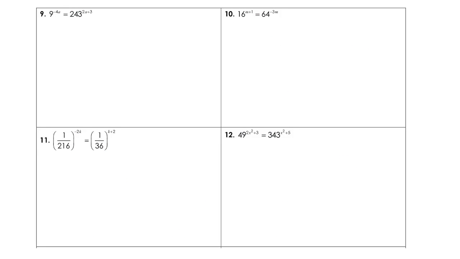Right, so for our next problem, we are going to change this down to a base 3. So this is going to be 3 squared, and I still have that raised to the negative 4a, equals 3 to the 5th,